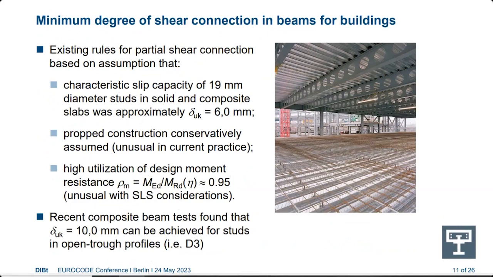Minimum degree of shear connection I've talked about. This is the stuff about whether the beam's propped or unpropped. If you've got transverse decking, then you get greater slip capacity. And so these really significantly reduced levels of composite interaction mean you don't need to use as many shear studs, which is very significant, because in some cases you simply couldn't fit a higher number on the beam. So that is being included in the second generation Eurocode 4.